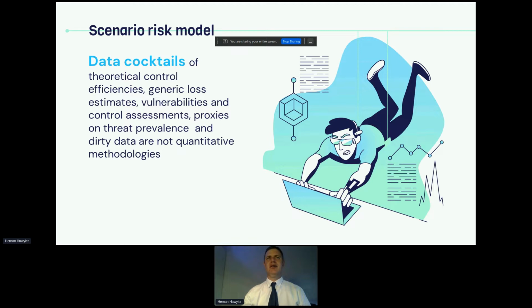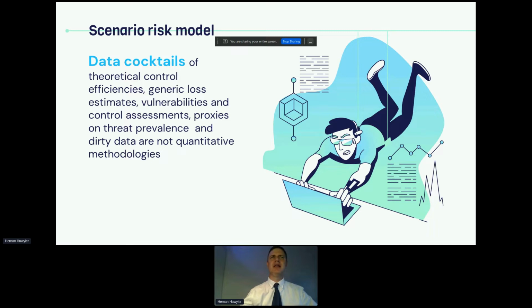And at the end of the day, just data cocktails with scores and generic data that is not related to a specific scenario is not going to be better than the heat maps that we are saying are misleading and are not producing corporate defense, they are not producing good decision making information.